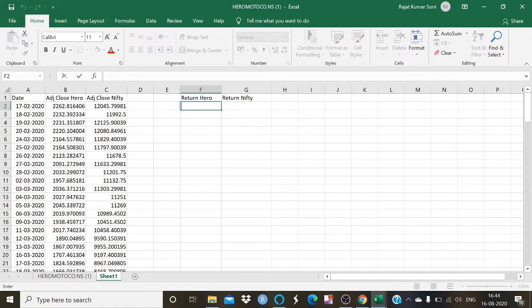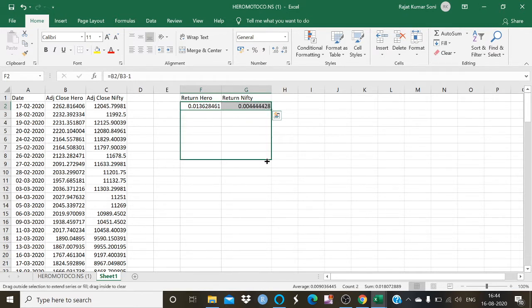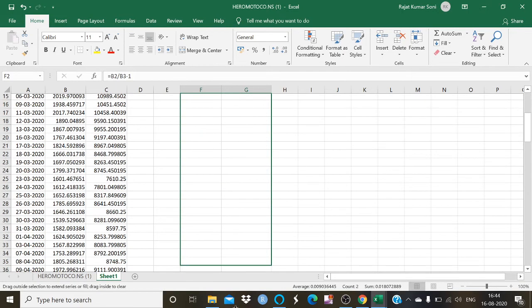There is a simple method to calculate the return. Just put equals, take P2 divided by P3 minus 1. Click enter. Here is my return between the dates 17 and 18, and now I am going to apply this function to the entire date range to calculate the return for Nifty and Hero for the 6 months of data I have taken.